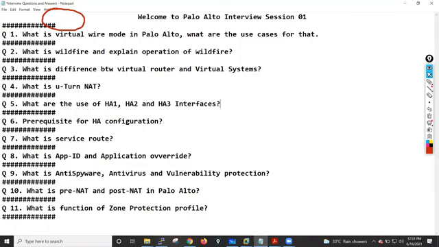Okay. So let's suppose you have gone for an interview and the interviewer has asked one question, which is: what is virtual wire mode in Palo Alto? What are the use cases for that? Right. If someone has asked this question, how will you explain? So the thing is,